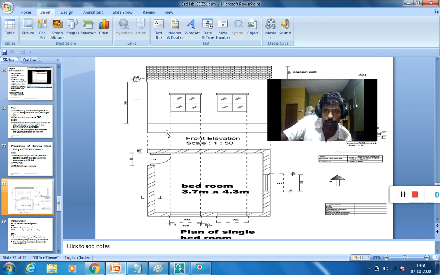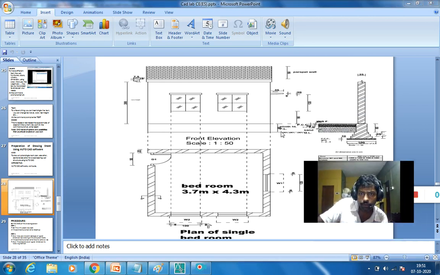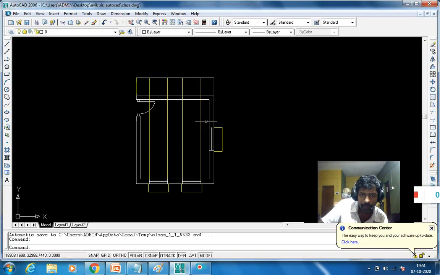Okay, so you see that this is the ground level line, and this is the plinth height. Plinth height is 600 mm. So simply I take the offset.